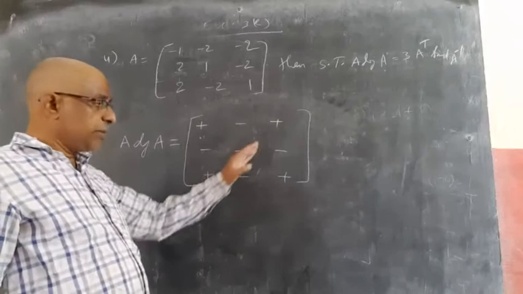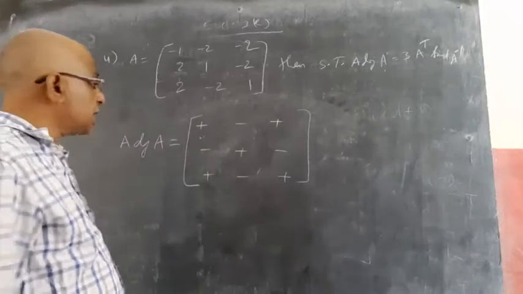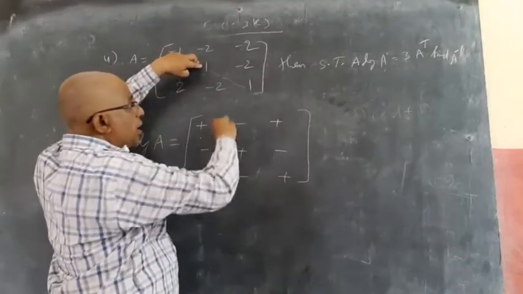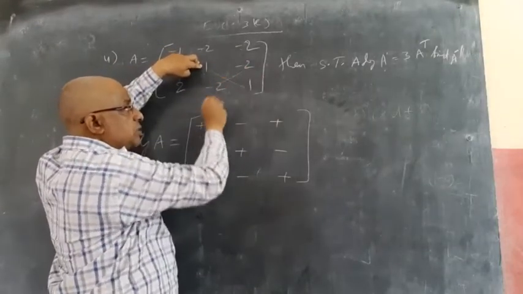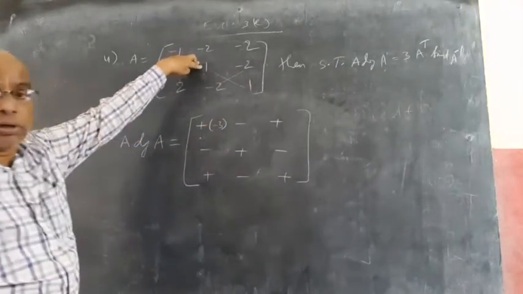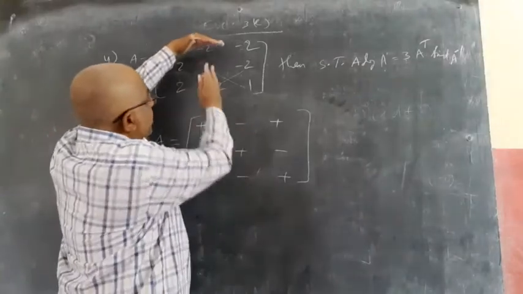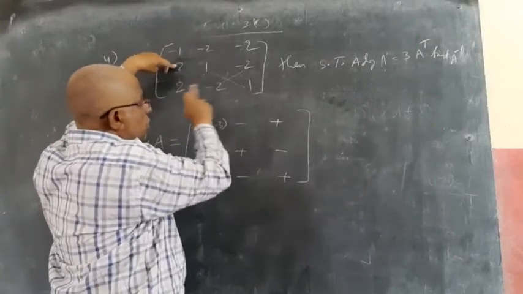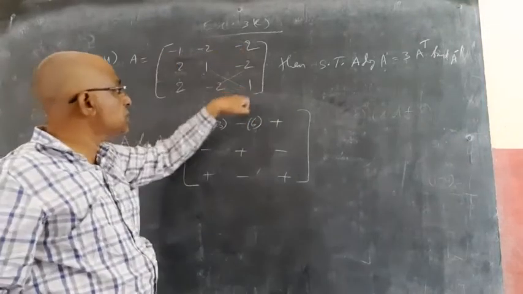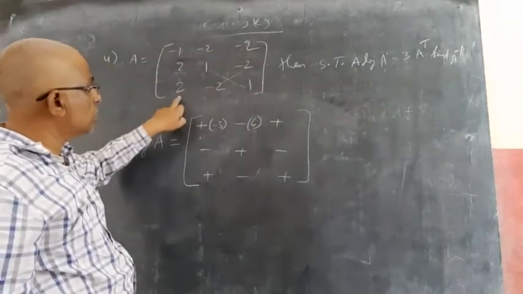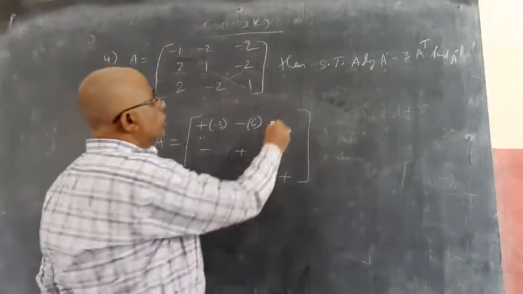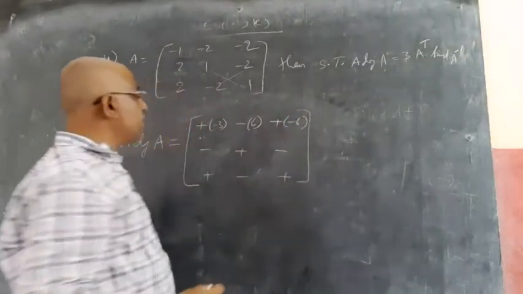Keep plus minus plus minus plus minus everywhere. Then to find this element, close this row and this column, then write down this into this minus this into this: 1 minus 4 into minus 2, like that. And if I want this element, close this row and this column, it gives you 2 plus 4, 6. Like that, closing this row and this column, minus 2, minus, 2 minus 4, minus 6. Like this you can find every element, then write down.